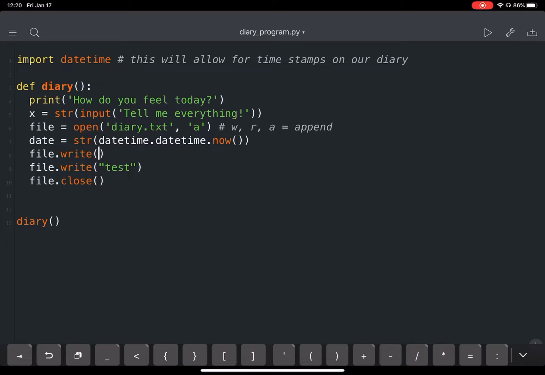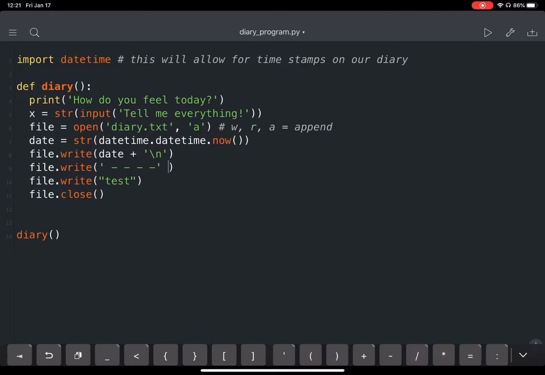So we'll actually be writing onto our file right now, and we'll write the date plus a new line. And for a new line, we actually have to go into a string and write \n. And so at the end of that write, it'll make it so that we have a new line in our file. Second thing I want to write is going to be a couple of dashes. This is a style thing, and I'll show that in a moment, but this is just so that we have a new line,